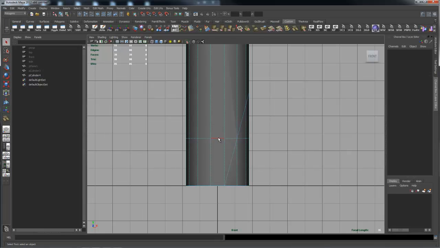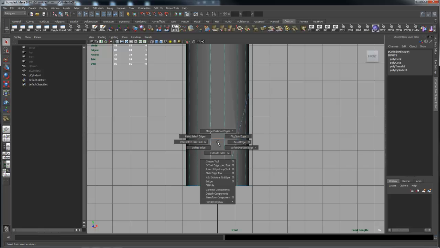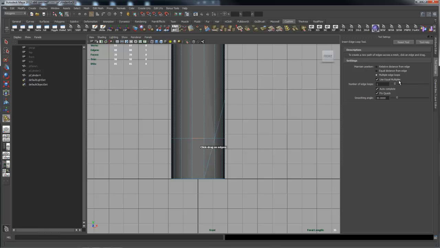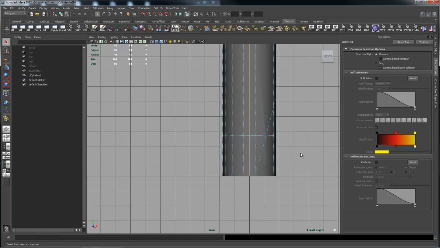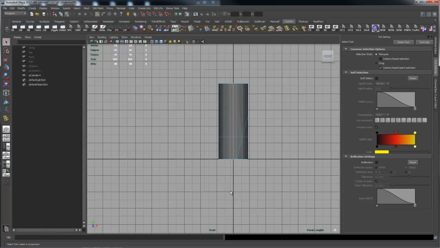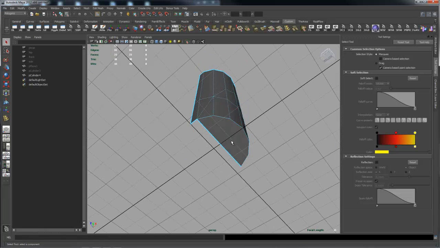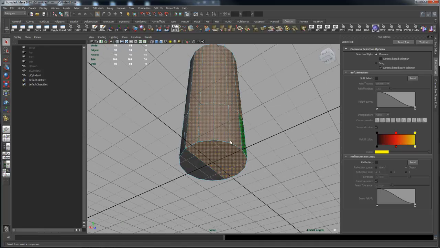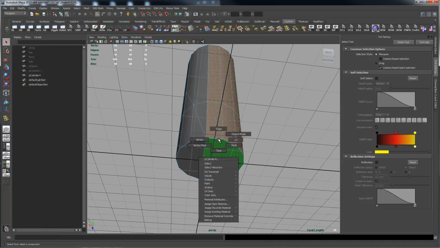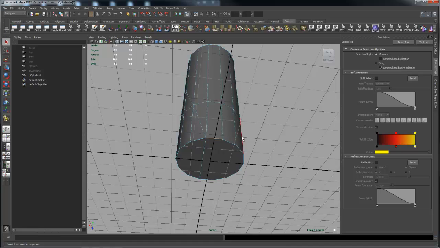And while I'm at it, since this has symmetry, I'm going to insert an edge loop. Go to its tool settings and make sure it's on multiple 1 and throw an edge in right down the center line there. Okay, hit the Q key to drop that tool. Now I can come in here and grab the faces, and I can get rid of all of these faces. Since this has symmetry, that got rid of the bottom, and I don't want to do that, so okay, let's come in here and do